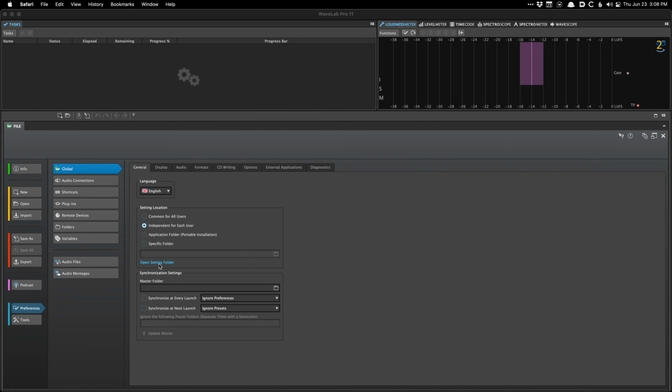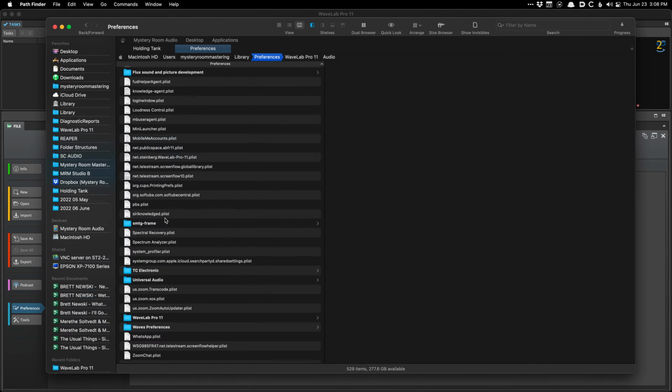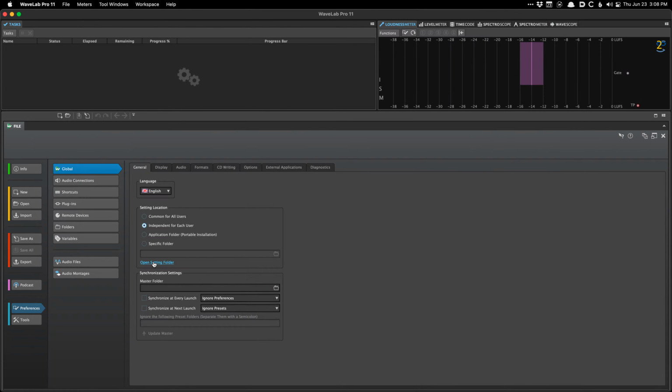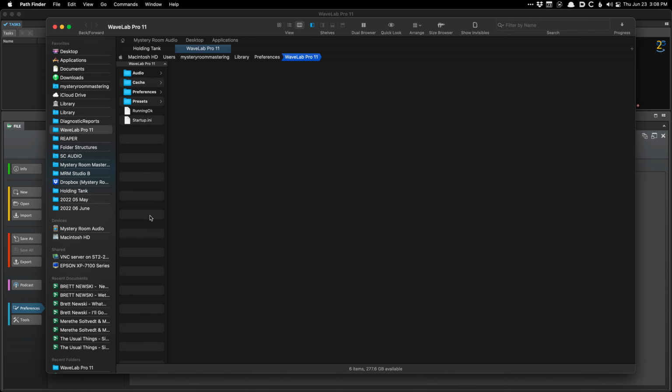folder. And then what you can do, like I mentioned, is go to WaveLab, choose Open Setting folder. Let me start over here to look a little more realistic. Open Setting folder. And again, that's going to expose your settings folder. And then what you'd want to do is delete everything. I would do this with WaveLab closed. I'm not going to close it on my setup here, but I would close WaveLab, delete all the preferences that are in that folder, and then go to your downloads folder